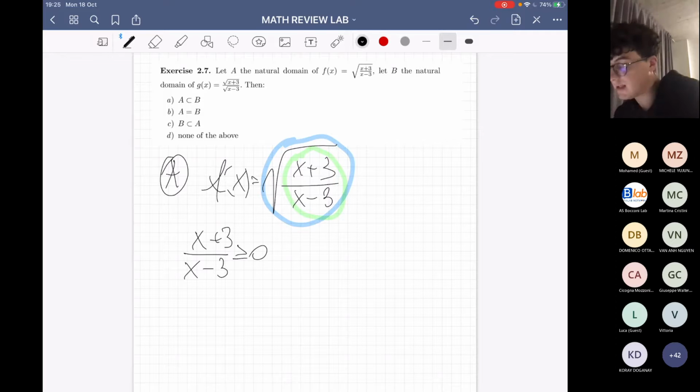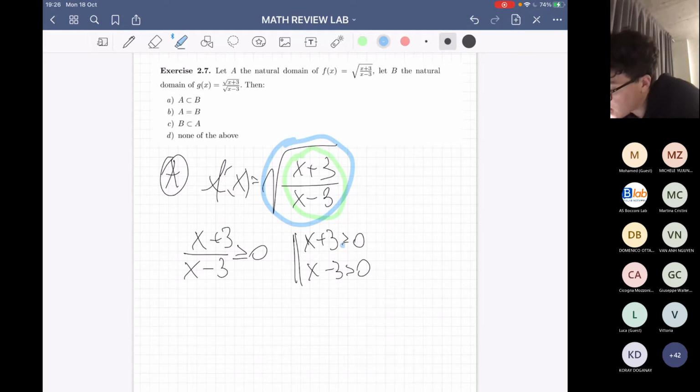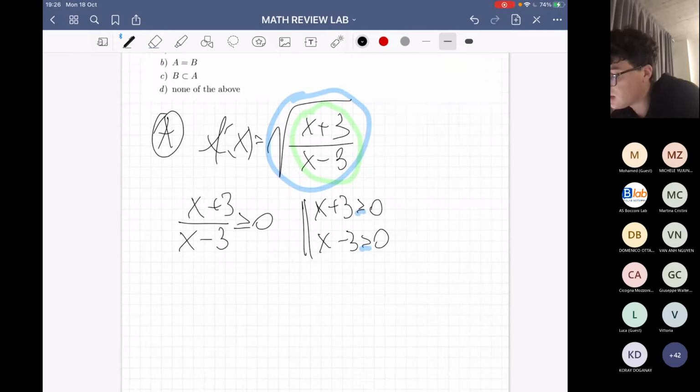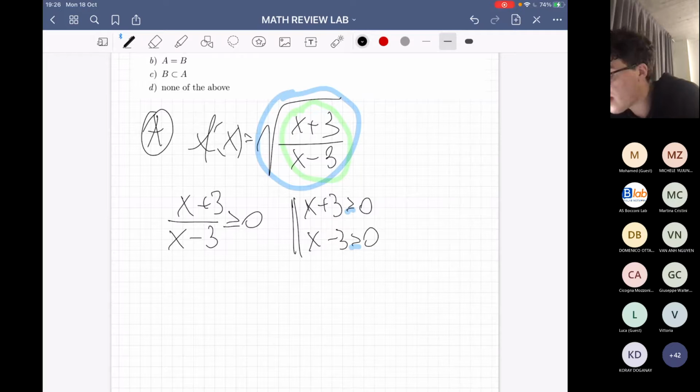And we can just study the sign of the function over here: x plus 3 greater than or equal to 0, while x minus 3 greater than 0. Why do we have to put the equal sign here and not here? The problem is simply that we have the denominator and the numerator. In the numerator, of course, it's easy, because we can put every value which is also equal to 0, because if we have the numerator equal to 0, we don't care. It's exactly the same thing, because it's 0 that can be equal to 0, of course.